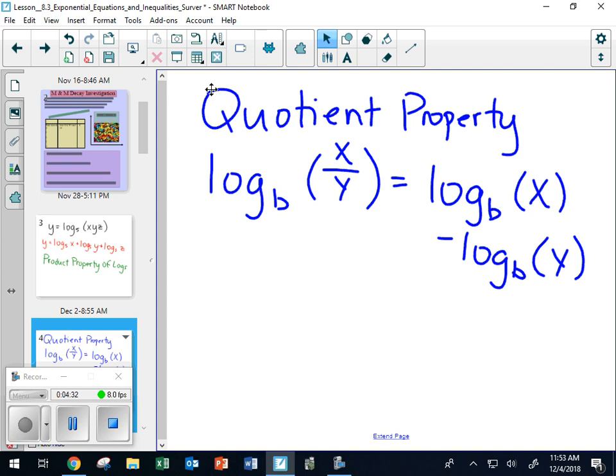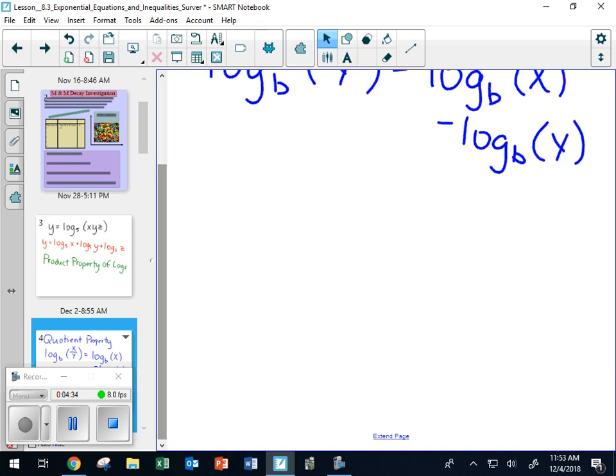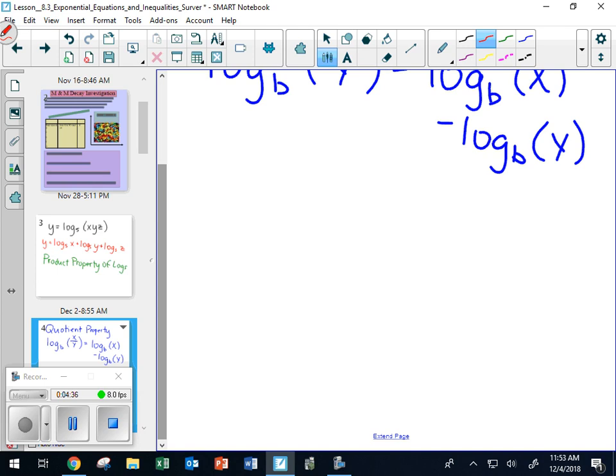The other property that we want to learn today, it's not called a property, but it is called the product, I apologize. It is called the power rule. And for the power rule, let me pose a question. If I